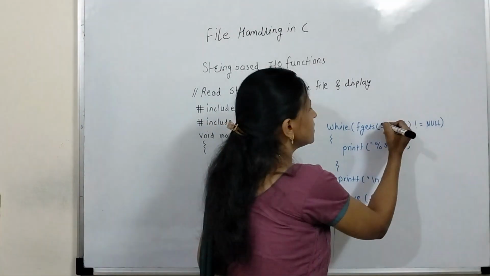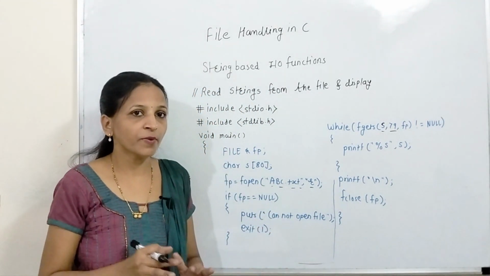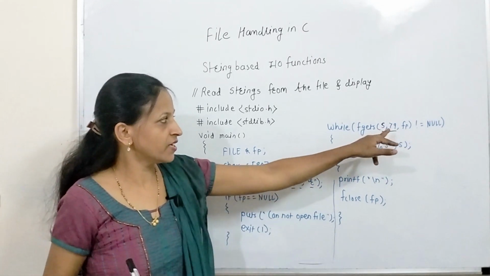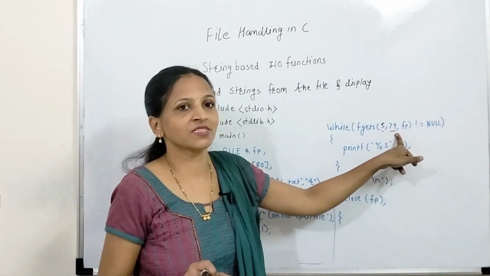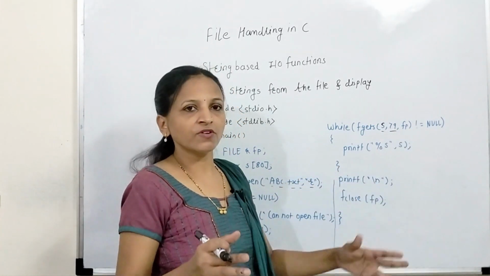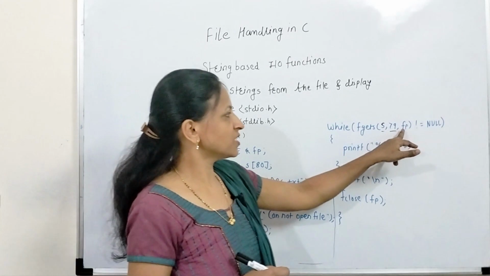The next one is this 79. We have seen the maximum limit of how many characters may be there inside one line, and that we have to pass over here as the second argument to this fgets function. That is nothing but 79 we have passed. And the next one is from which file, where this fp, the file pointer, we have to pass here as the